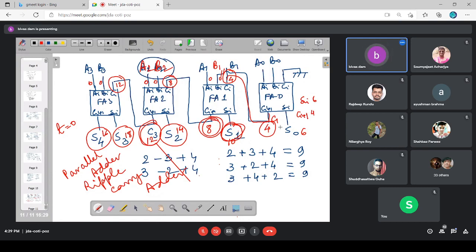So first this lower significant stage becomes steady, its carry becomes steady, then that steady carry goes to the next higher stage, making its carry output steady, then that goes to the next higher stage, making the corresponding carry output steady, then once again this steady carry output goes to the next higher stage and makes its carry output steady. So now, if the carry output changes here, all the subsequent stages' carry outputs will change, and those changes will come in a rippling manner, with a ripple effect.